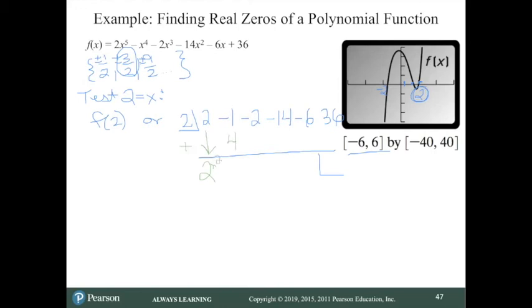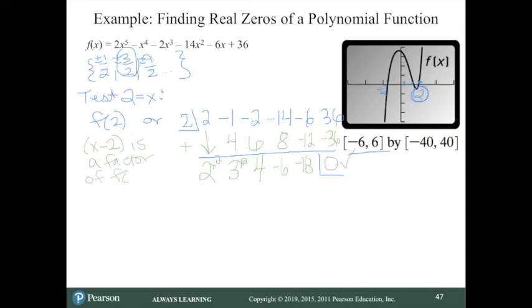4 plus -1 is 3, times 2 is 6. 6 minus 2 is 4. Times 2 is 8. 8 minus 14 is -6. Times 2 is -12. -12 plus -6 is -18. Times 2 is -36. Plus 36 is 0. That makes us happy. Because what that means is that x minus 2 is a factor